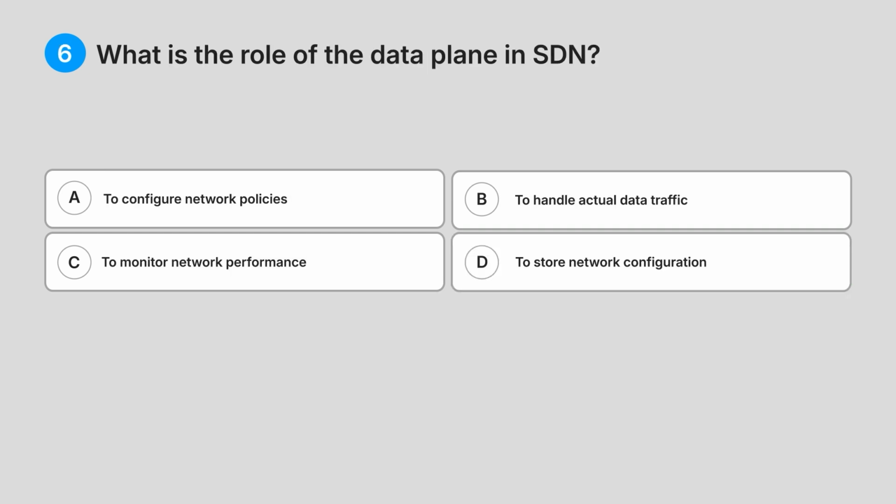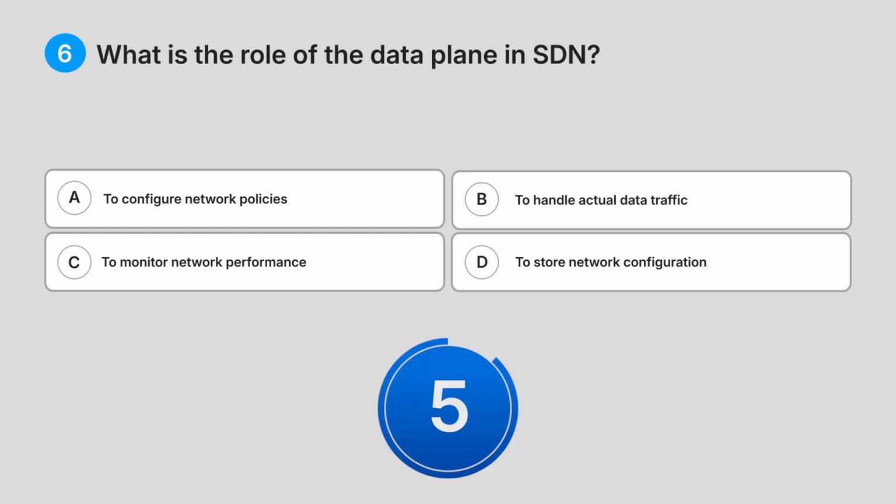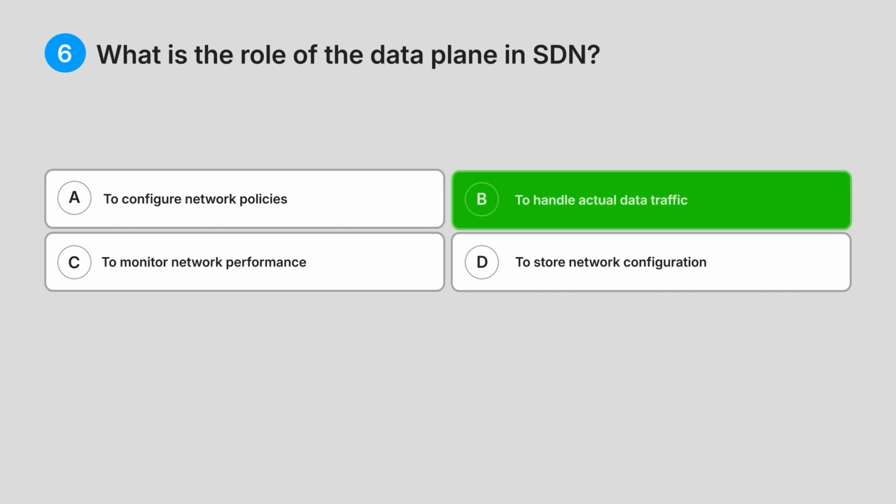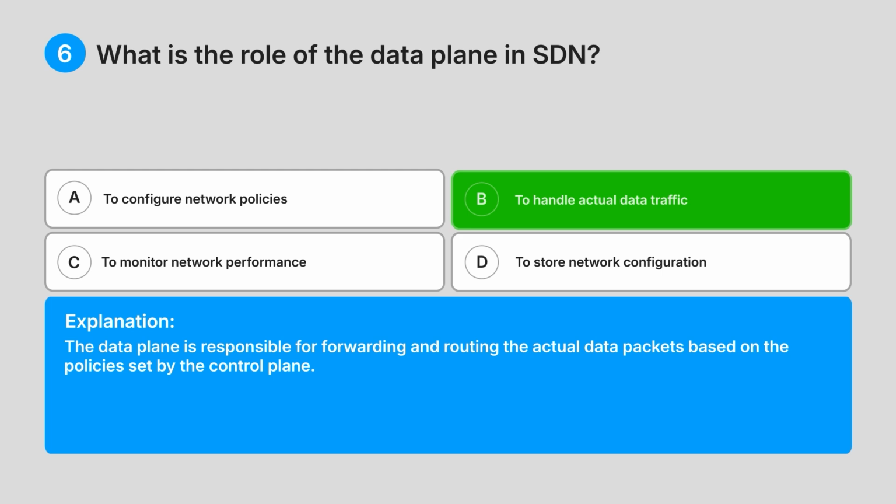6. What is the role of the data plane in SDN? A. To configure network policies. B. To handle actual data traffic. C. To monitor network performance. D. To store network configuration. Can you guess the answer? Correct answer: B. To handle actual data traffic. Explanation: The data plane is responsible for forwarding and routing the actual data packets based on the policies set by